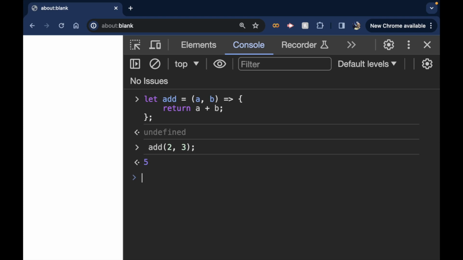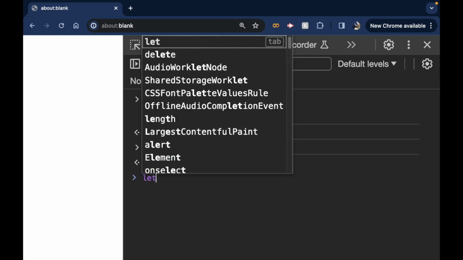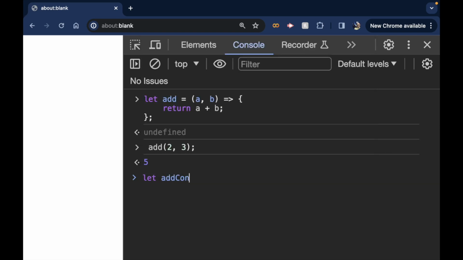Okay, now we've defined add by using this block body syntax, where the body is placed between braces, and each statement within the body is written on its own indented line. Now, if the body consists of just a single statement, however, there's an even simpler syntax, and that's even more concise. So we can do let addConcise is equal to a, b, arrow,